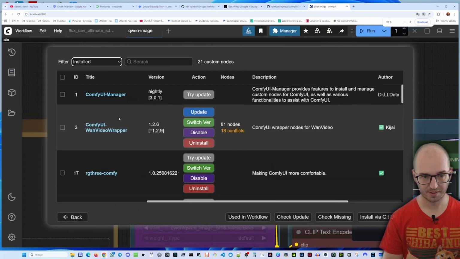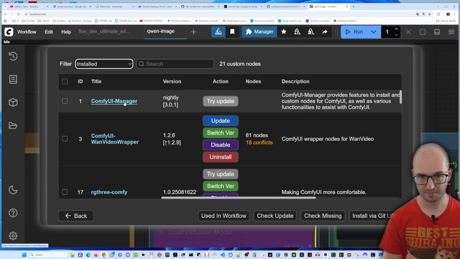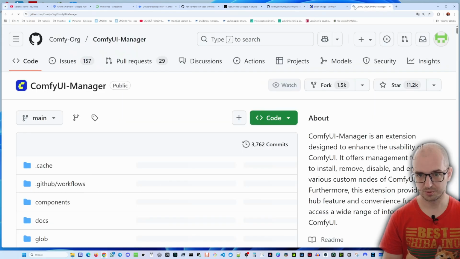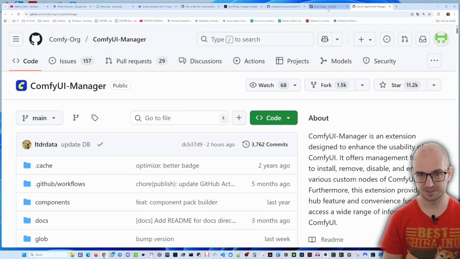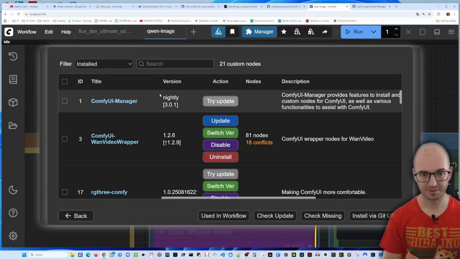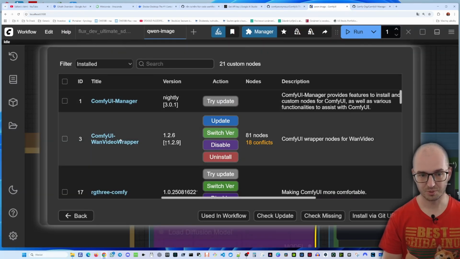So I'll make it bigger. ComfyUI-Manager, if I just show you, it's here, so just search for it. Again, it's mentioned very nicely how to install it, so install it, and then you can use the manager to